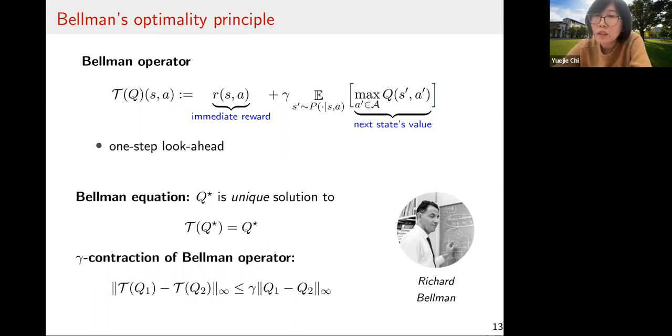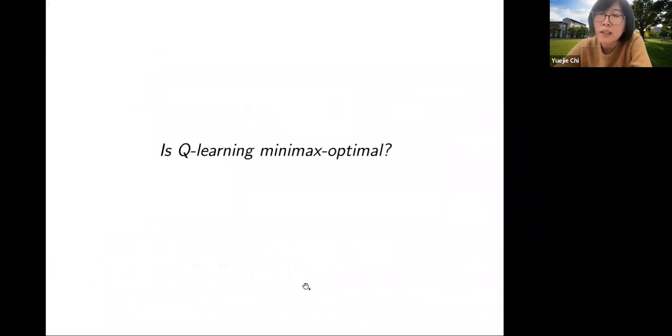So this gives you a very quick overview of some of the background information about the MDP problem in the dynamic programming literature. And hopefully with that background in mind, we can now jump into our discussion about some of the reinforcement learning algorithms. And as I promised, the first algorithm I want to look at is Q-learning. And I particularly want to look at whether this algorithm is min-max optimal or